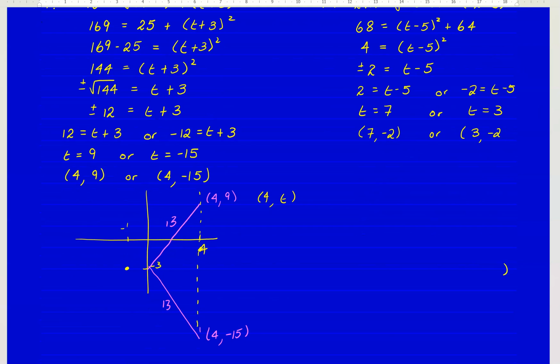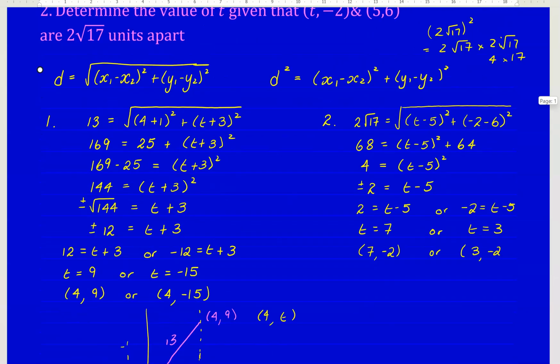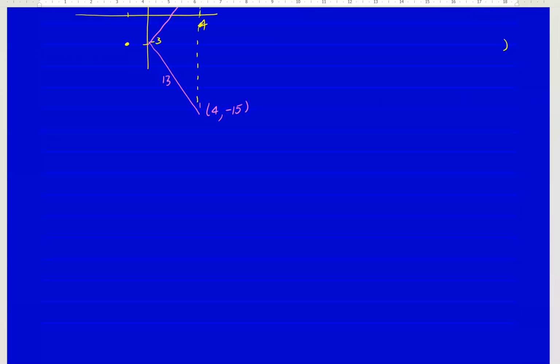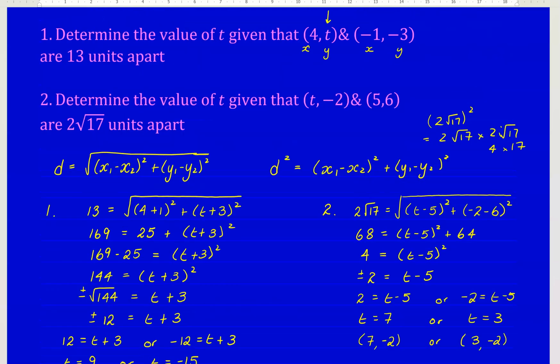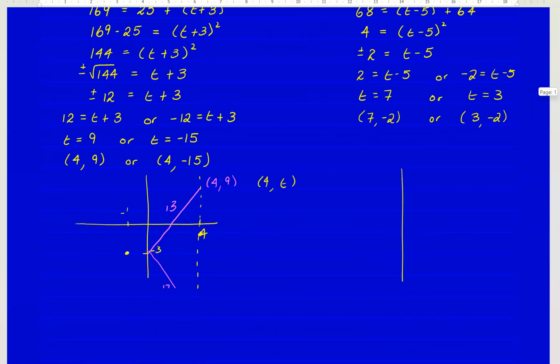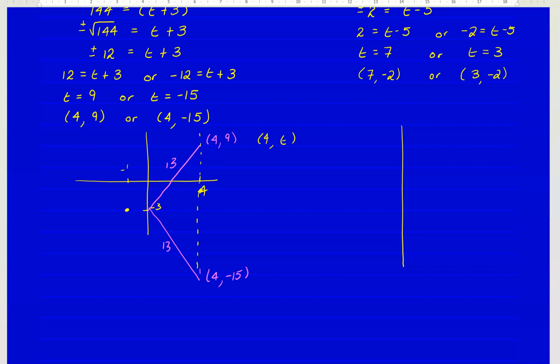And hopefully you understand why we've got those two solutions, just like we did last time. So we'll do another little sketch just to see. Okay, so this time, oh, lost the bracket there, put it back. This time, I should look at my 2 points really before I draw the diagram. What did we have? We had 5, 6, and then minus 2. All right, so what we have is the point, let's say this is 6 and this is 5. That's our point there. And then we have a y value of minus 2. So down here is our y value